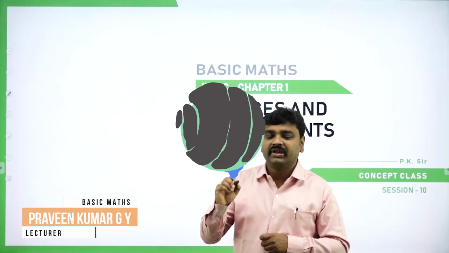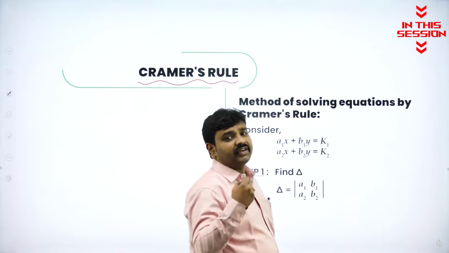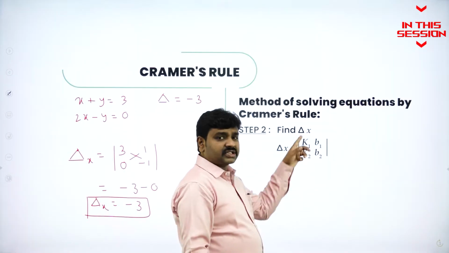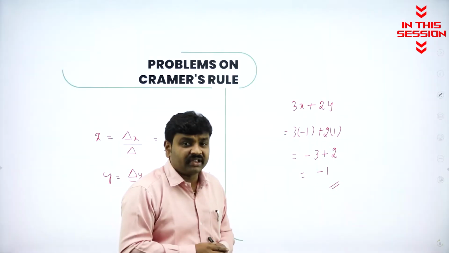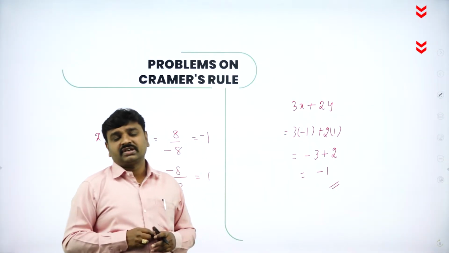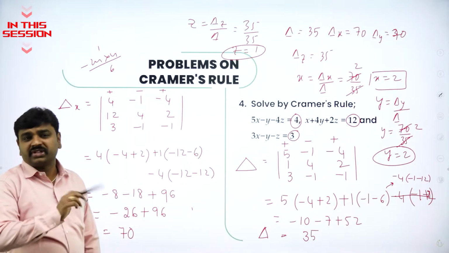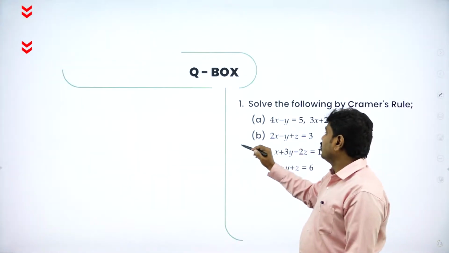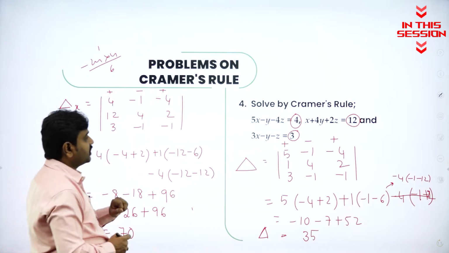The method of solving equations by Cramer's rule. Solving the equation means what? Finding the values of the variable. Replace the first column with the constants. Substitute in LHS of any one equation, it will give RHS. Delta y, replace the coefficients of y with constants. So you can see the difference in the problem. Solve it very carefully. Don't make any mistakes. Using properties without expansion, we have solved the determinants. So I am asking you to solve question A. How to get delta x? Replace the first column with the constants.